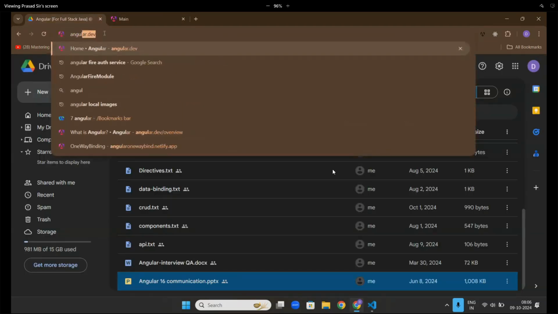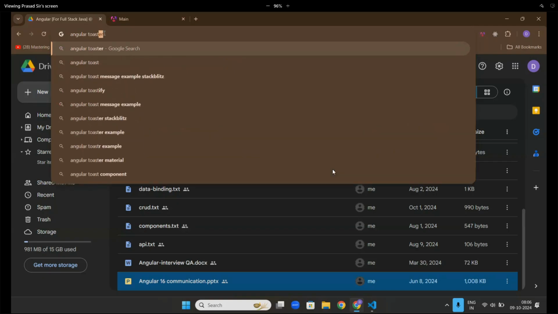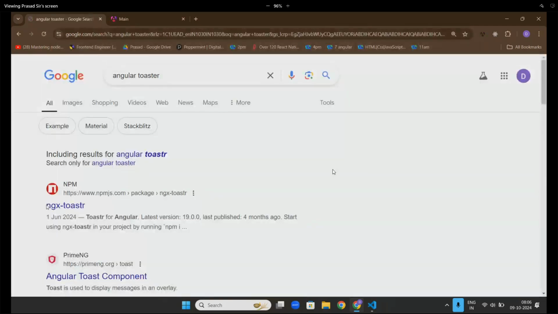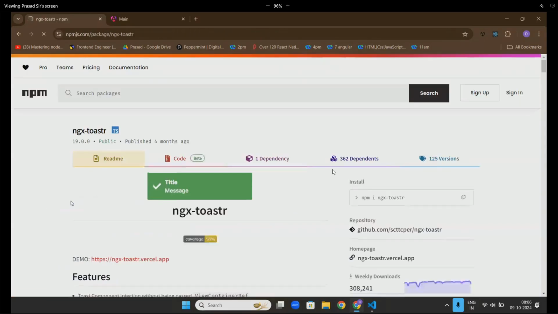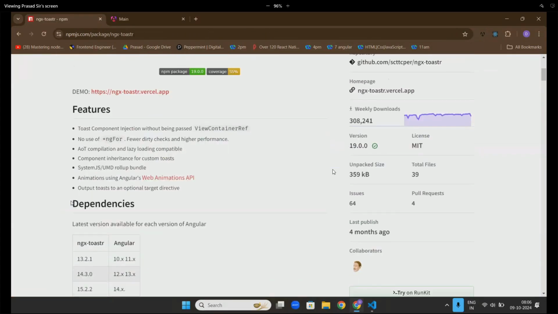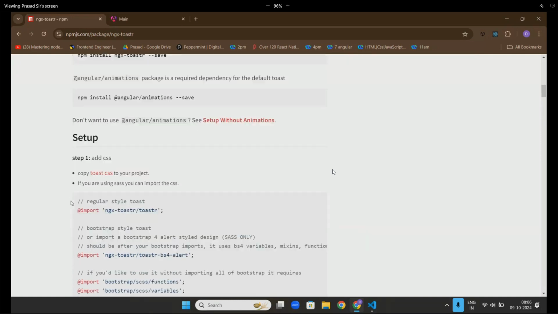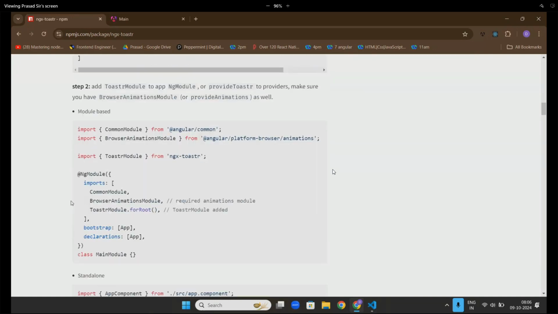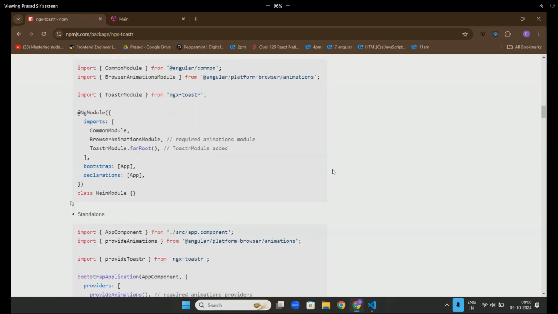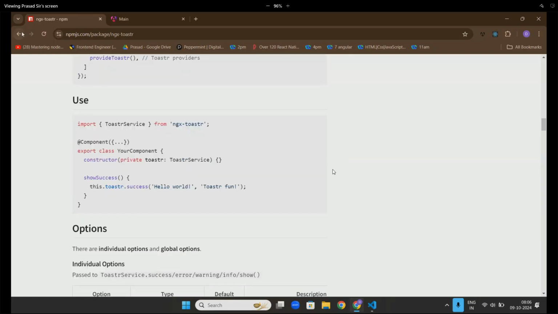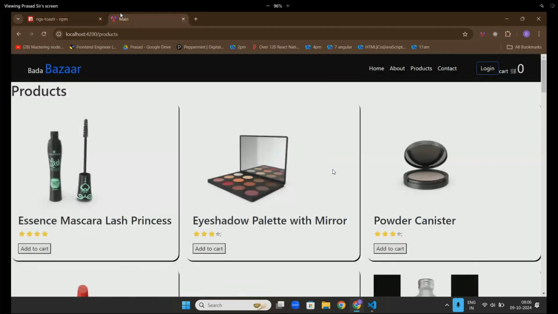Angular toaster. If you go here, see, NGX toaster. There is one library named NGX toaster. Use this library and automatically you will get the toasters whenever you want to use them. There is no problem in it. My only point is, whenever you want to use something, that particular thing will have a library. Use that. I can't put in all the functionalities. Can you see here? I put something a bit bigger voluntarily. It's your CSS, if you want to put something up or down. Our logic is whenever I click on it, it updates.